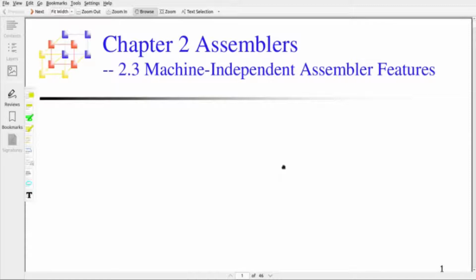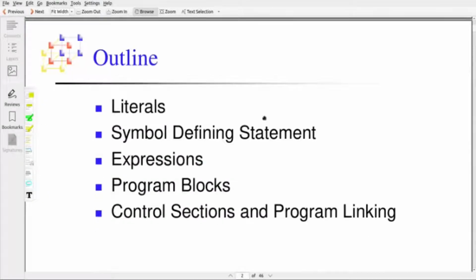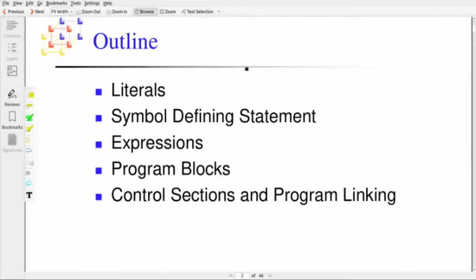In the previous video, we saw two features which depend on the architecture. There are 5 machine independent assembler features that we have to discuss. They are literals, symbol defining statements, expressions, program blocks, control sections, and program linking.